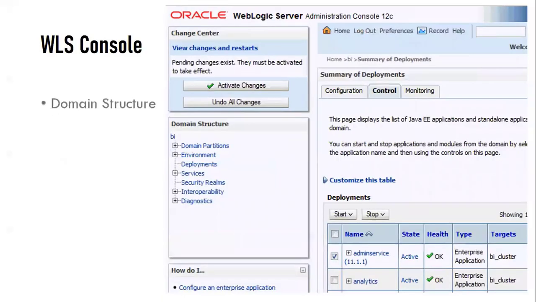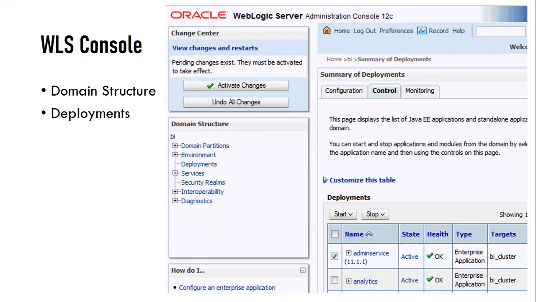The next one is the WebLogic admin console. Just like in the EM console, you enter the WebLogic user and password. On the left side, in the domain structure, you can see the domain name BI. Under that, the third option is deployments. Whenever you click deployments, on the right side you can see the summary of deployments, with multiple components deployed on the target.